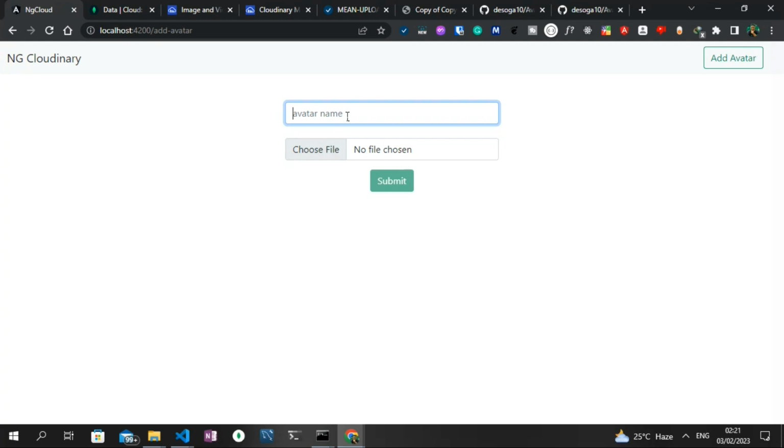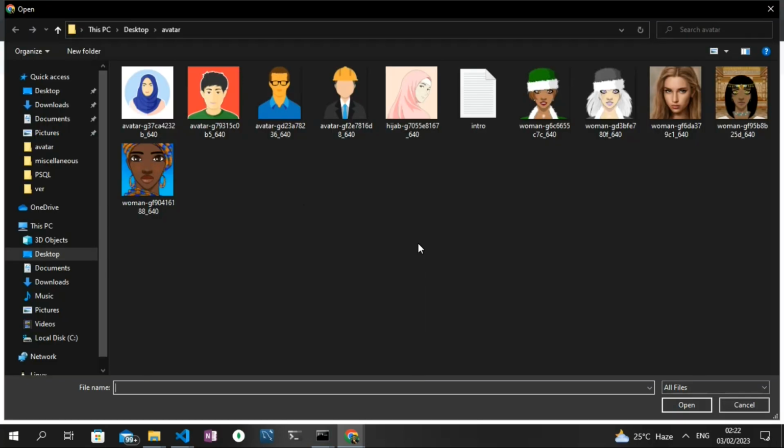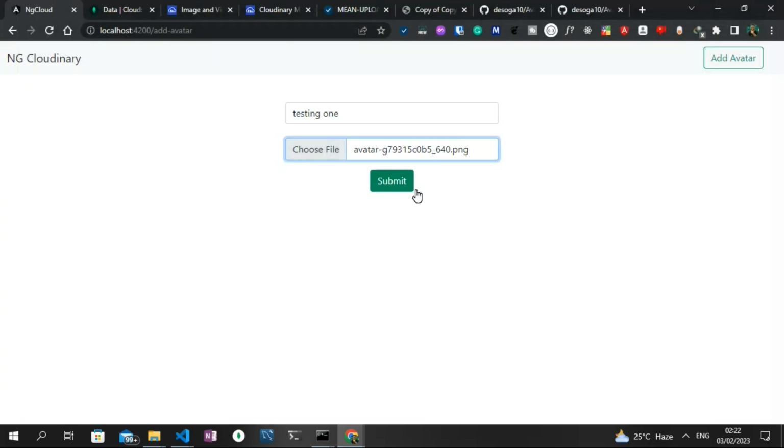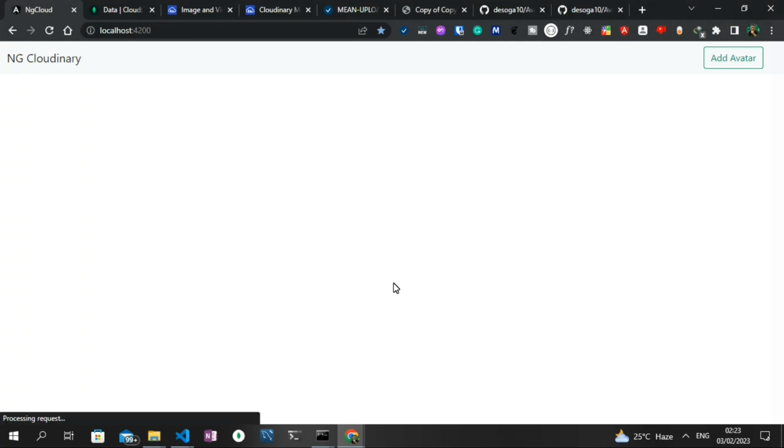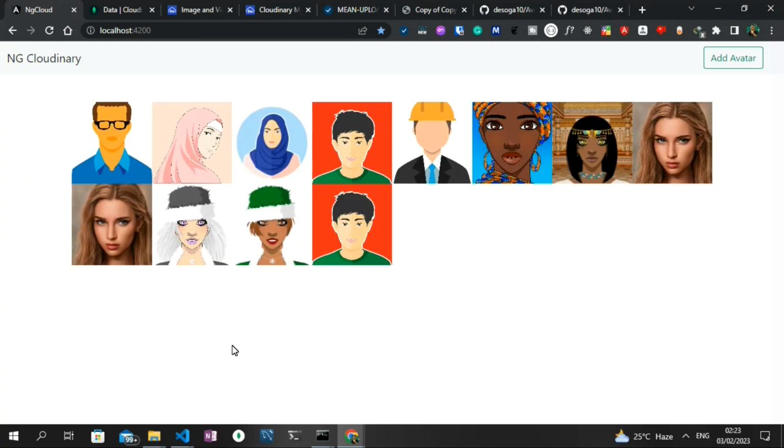I'm going to give this avatar a random name that says testing one. Then I'm going to click on choose file and the file explorer is going to get opened, and inside of the file explorer I can select an avatar. Probably I can just go with this particular avatar right here, and then once I click on open, the button gets enabled. Once I click on the enabled submit button, it queries the endpoints. We get navigated back to the dashboard, and then the newly uploaded avatar gets displayed on the page,